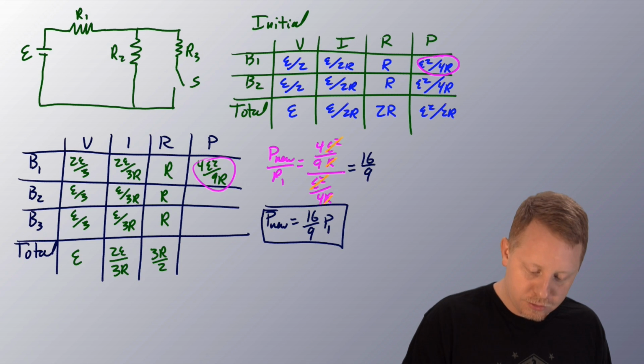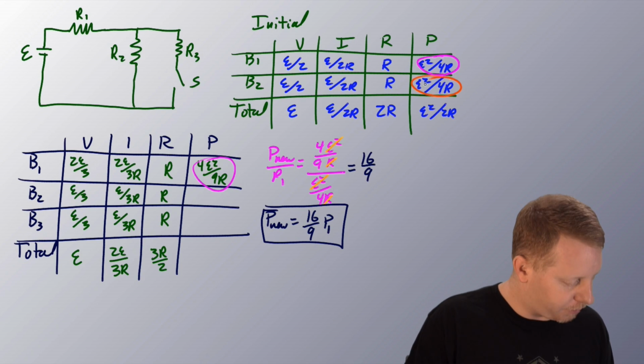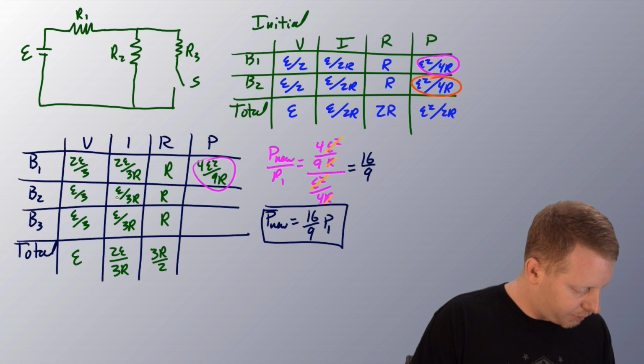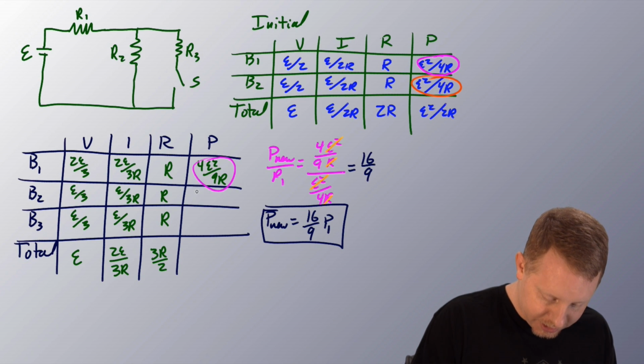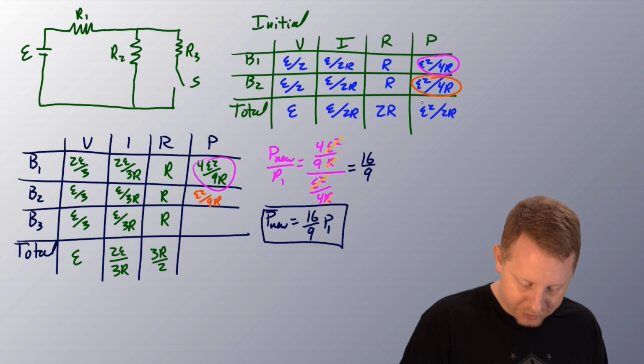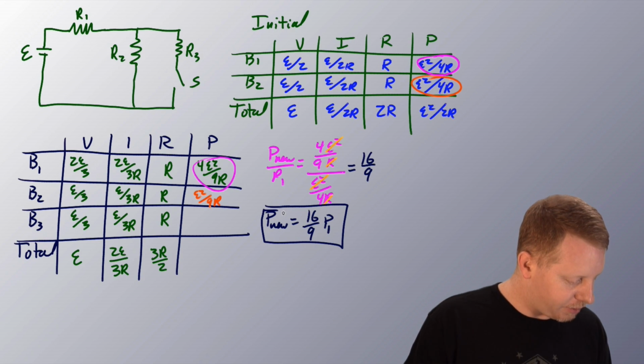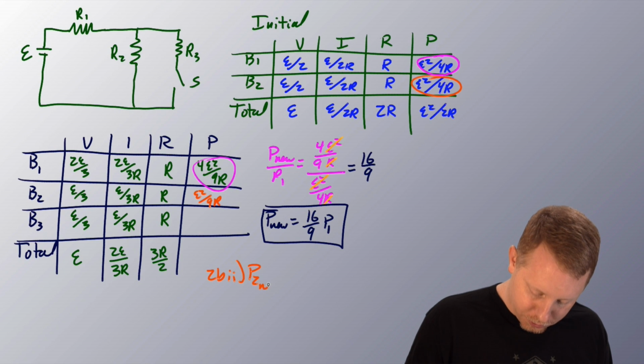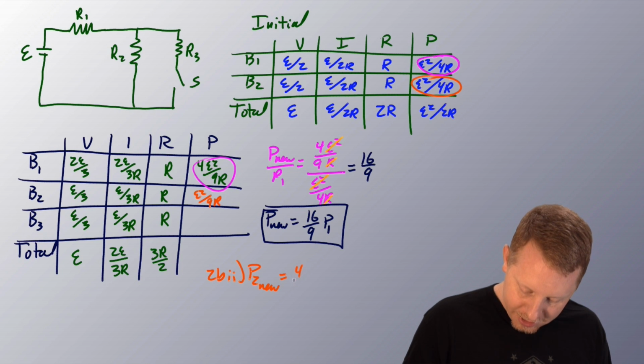So our power 2 initial was E squared over 4R. And our new power 2, well, let's see here. Our new power 2 is going to be E squared over 9R, V times I. So we went from E squared over 4R to E squared over 9R. That's a ratio of 4/9. So for 2B2, power 2 new equals 4/9 power 2